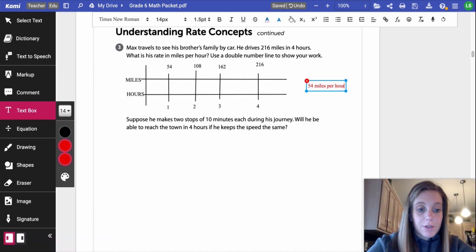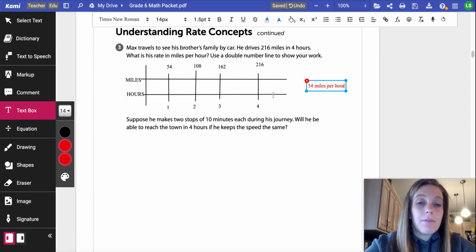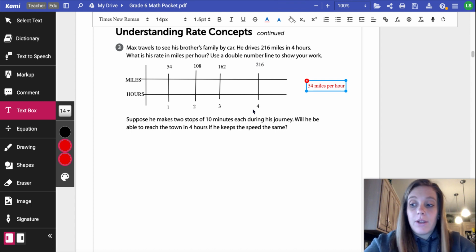All right, so how'd those number lines go? I have mine made. Notice how I labeled miles and hours. I put the original ratio from the problem towards the end because I knew that I was trying to find a rate in miles per hour. So a rate means I have to find per 1 unit. So I knew I had to go backwards on this ratio table, and I found that Max travels 54 miles per hour. We will be discussing this question